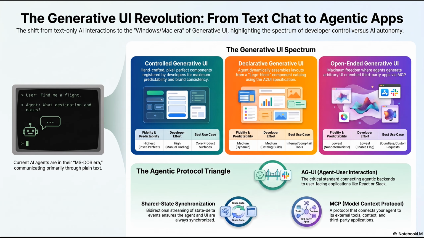But I mean, running an entire application inside another application, constantly passing messages back and forth, that introduces a lot of indirection overhead, doesn't it? Oh, absolutely. You're trading memory and performance for ultimate flexibility. Right. So we have this full spectrum now. We have controlled components for core features, declarative Legos for the dynamic middle ground, and open-ended code or MCP apps for infinite possibilities. Okay. But, as long as this AI is trapped